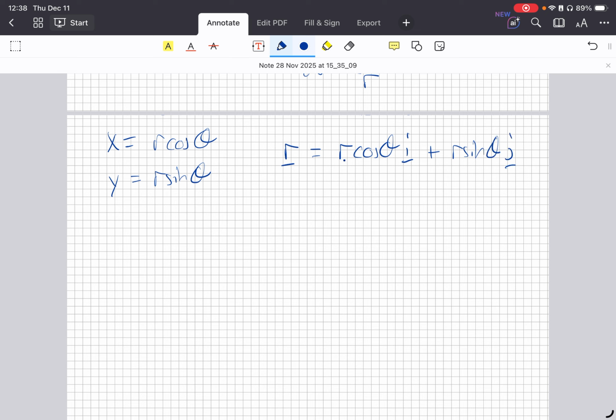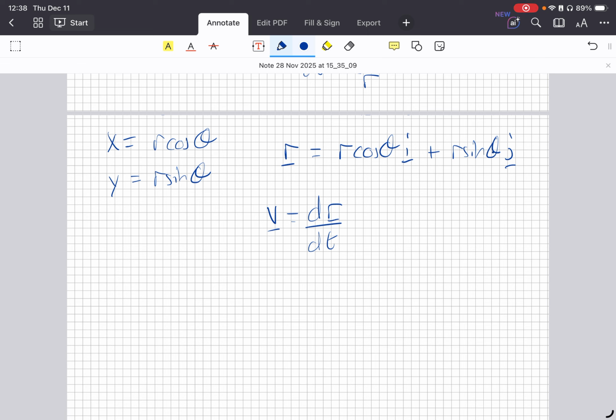And here I'm writing r without the line underneath it just to indicate the modulus of r, or the scalar version of r. Now, in our very first week, one of the key concepts that we covered is the idea that the velocity is the rate of change of position, our position vector. So what that means is that we need to differentiate this quantity here that we've written down with respect to